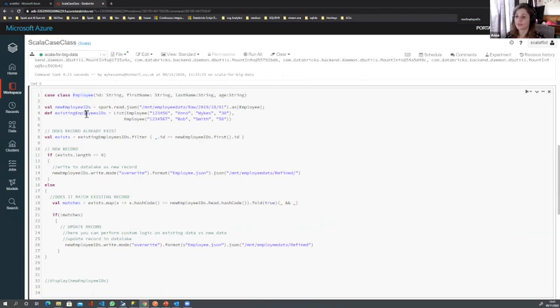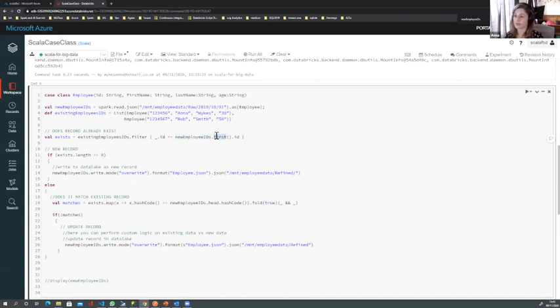And because this is a demo, I've just literally put together some existing employees, hard-coded as a list. So we've got employee 1, me again, employee 2, Bob Smith. And we want to actually say, what we're getting out of the data lake, is it actually matching? Have we got a match between these two JSON objects, or in this instance, employee objects? So what we can do is we can say existing employee IDs and then filter. So we looked at filter before. We're going to say, does the ID of any of the employees in this list match our new employee?